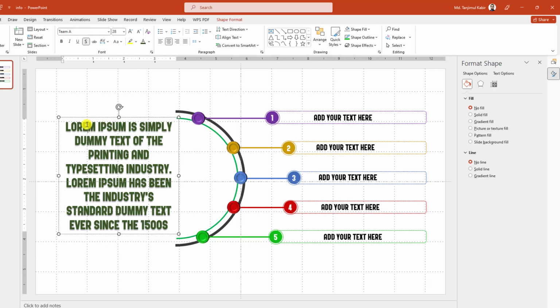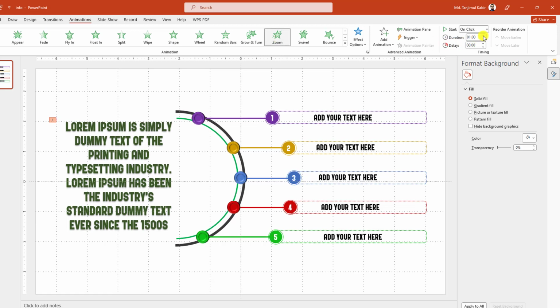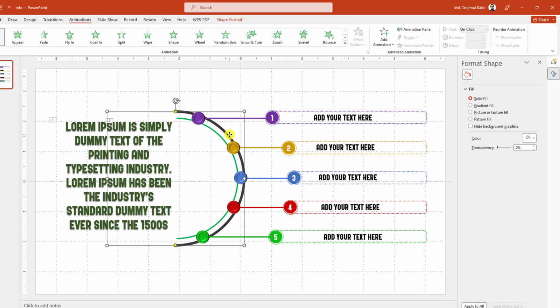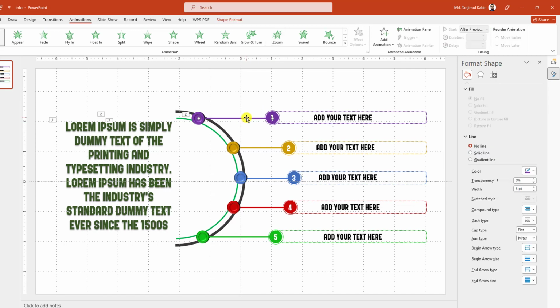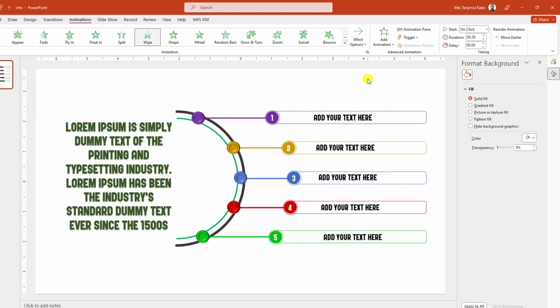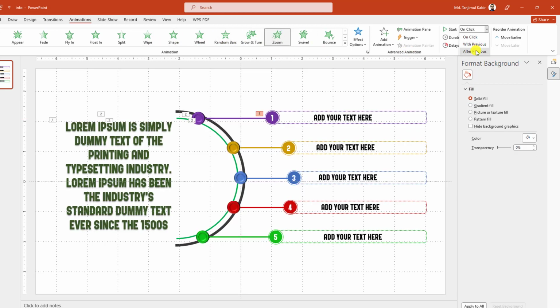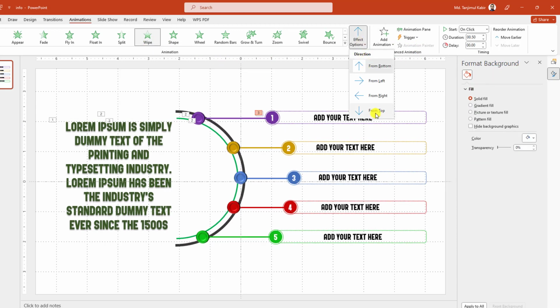Let me select this one, go to animation, click on zoom, change the duration on seconds, then select this one, click on wipe, change the duration on seconds, then select this one, click on wipe. Effect option from top, change the duration to on seconds and after previous. Then select this one, click on zoom, click on after previous, then select this one, wipe from left, after previous, then select this one, click on zoom, after previous, then select this one, click on wipe, effect option from top,